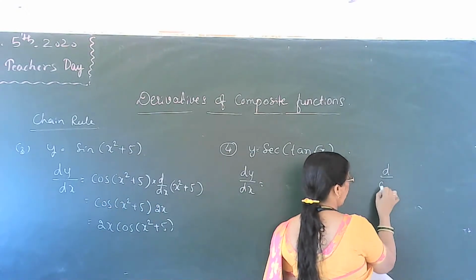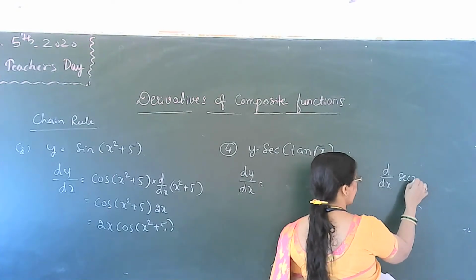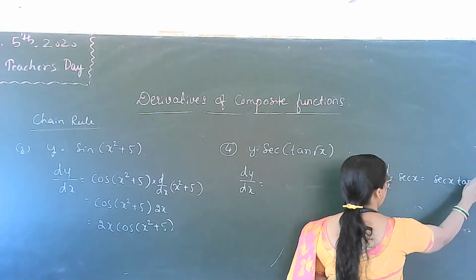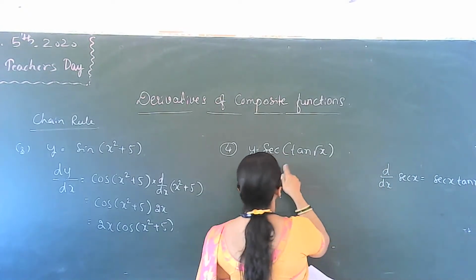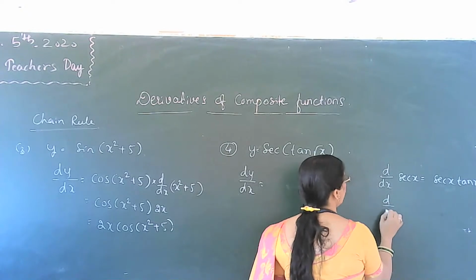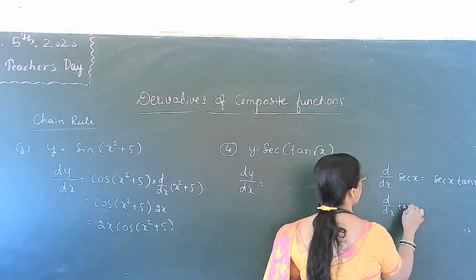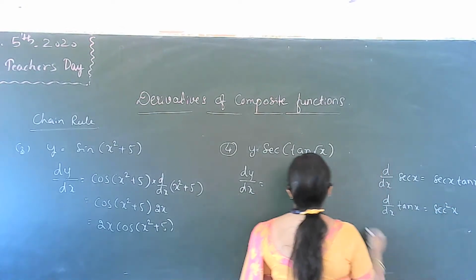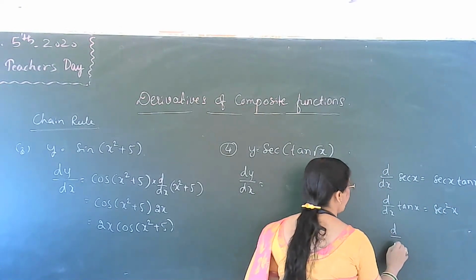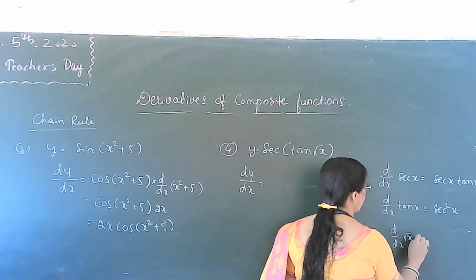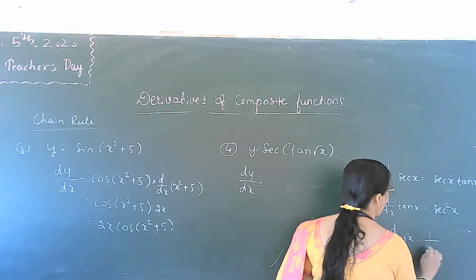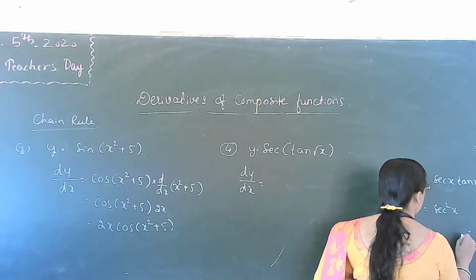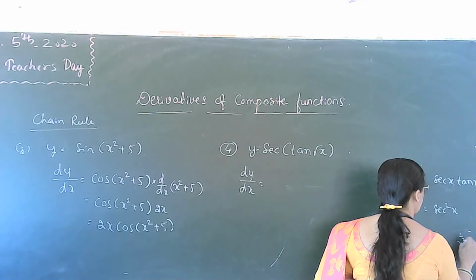First we recall the derivative of sec x. The derivative of sec x is equal to sec x into tan x. Then the derivative of tan x is equal to secant square x. Then the derivative of root x is equal to 1 by 2 root x,